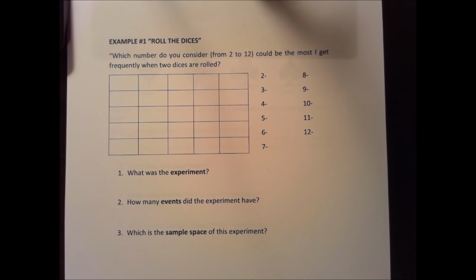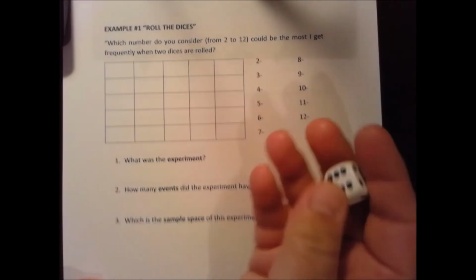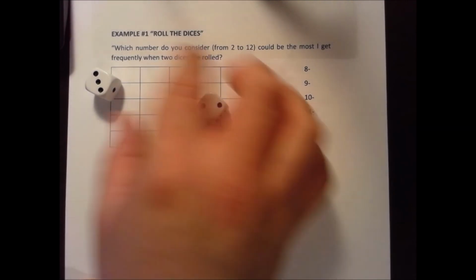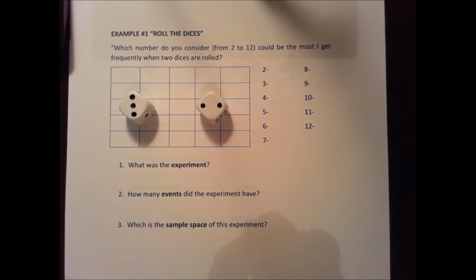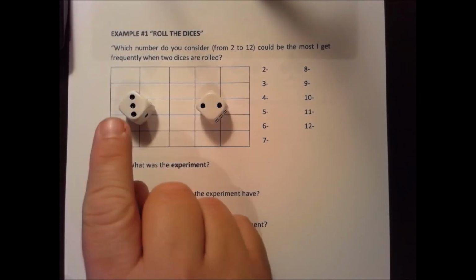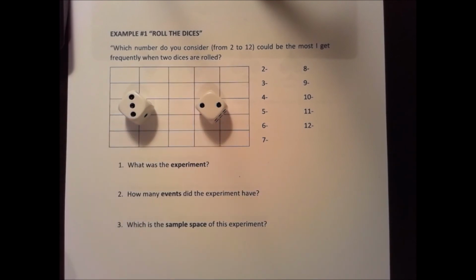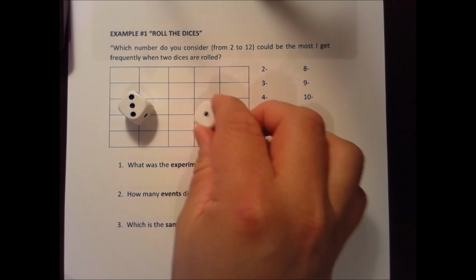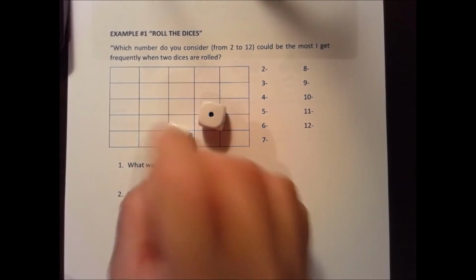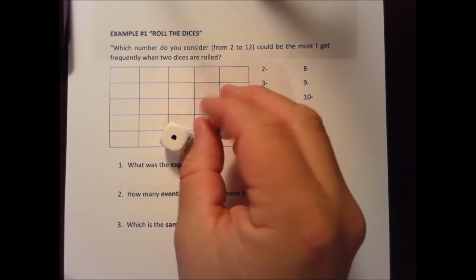Example number 1, roll the dice. As you can see, here I have 2 dice. In that case, we can get 2 different points. For example, here, if you have 3 and 2, at the end, the addition of both will be 5. But the combinations that you can get with 2 dice are from 2 until